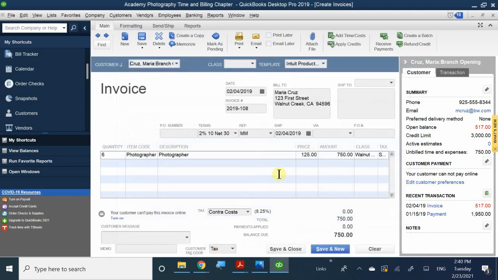Now notice this, it's already marked up because they're only requesting $75 for them. I'm charging her $125. So my price is already marked up because I stated in my items that that's how I want to sell these. That's the price per photographer. It's going to be $125 each. So I don't have to do anything here in regards to marking up. It's already charged the way it is. And so now she owes me